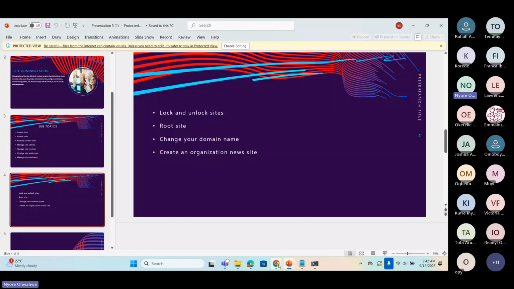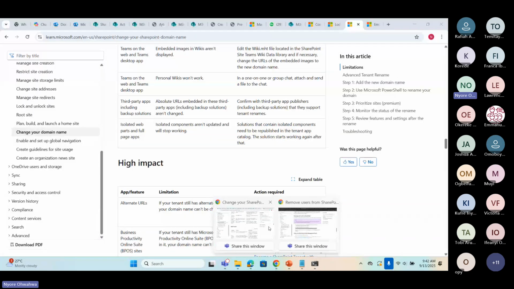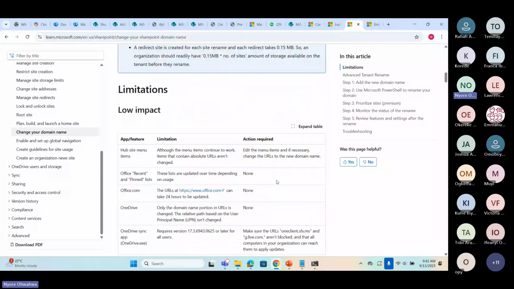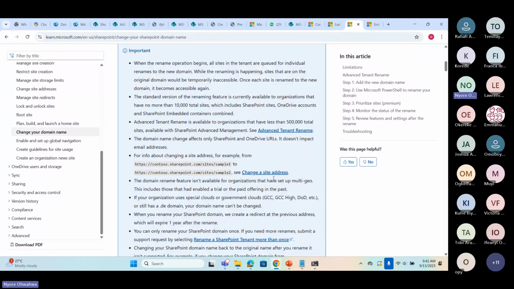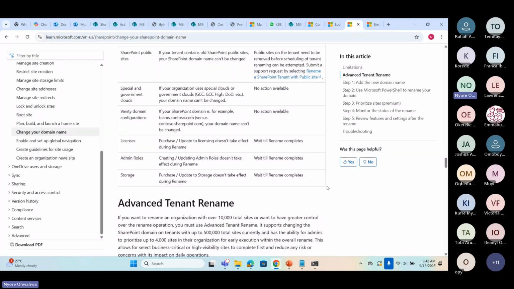So that is that for domain rename. I don't want to go too deep into it so that I don't confuse us too much, but I think I touched the major things. For you to rename your domain, you have to plan. It's a project. It's not just something that you say, oh, you want to do. You have to plan, you have to read, you have to make sure that stakeholders and users are aware of this change that you want to make, right? And before you go ahead and do a domain rename, as a good SharePoint admin, you have to put all of this into consideration. Okay.